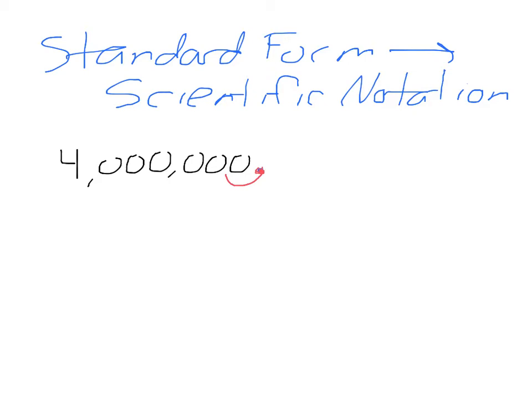No, that's not a number between 1 and 10. 40,000. Nope, that's not a number. 4,000. Nope. 400. No, still not. 40. Nope. 4. Aha. 4 is a number between 1 and 10 times 10 to the, well, the exponent is